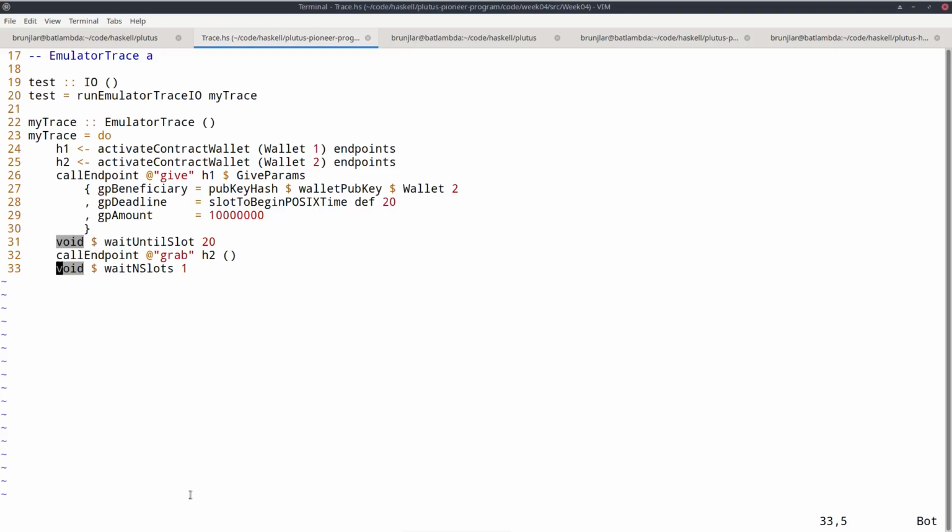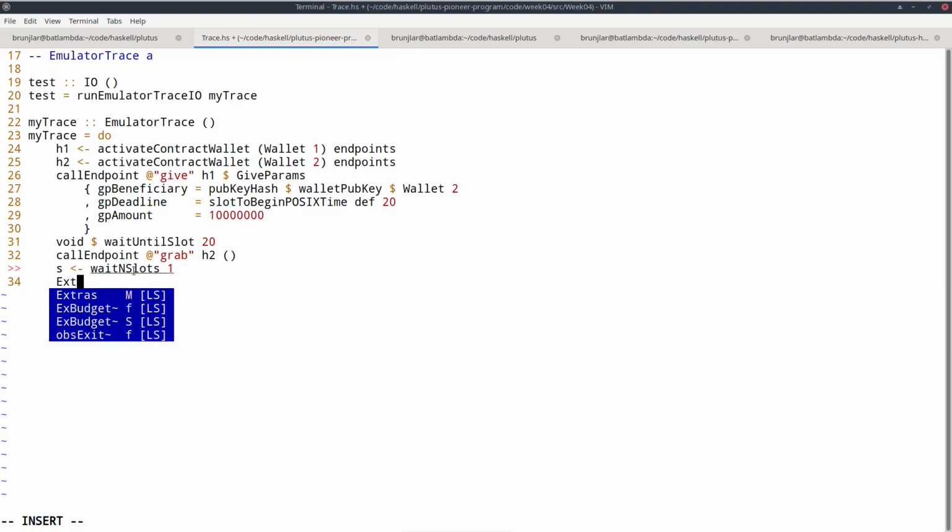One other thing that we can do in the trace monad is logging. We saw that we do see the log messages from the contract monad inside the trace, but we can also explicitly log from inside the trace monad itself. So for example, if we want to log the slot we reached here at the end, instead of ignoring the result of wait n slots, we can bind it to a name. Let's call it s. And then we can use Extras.logInfo. That takes a string, reached